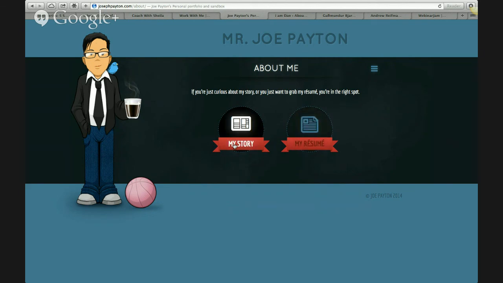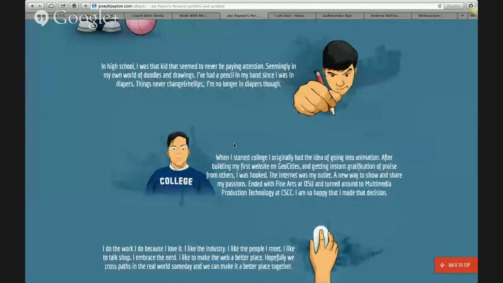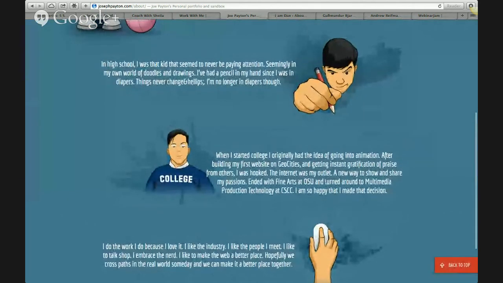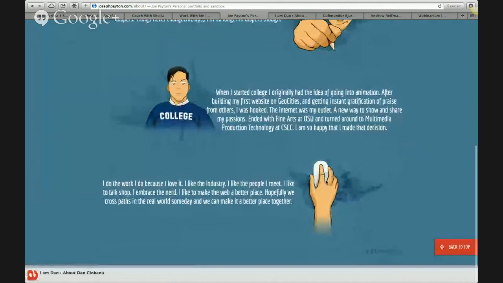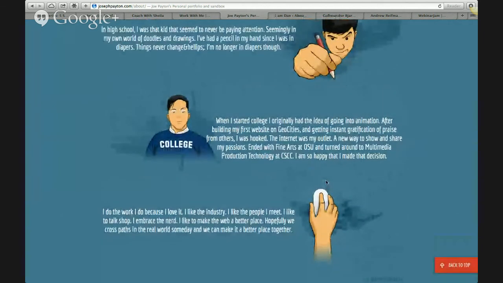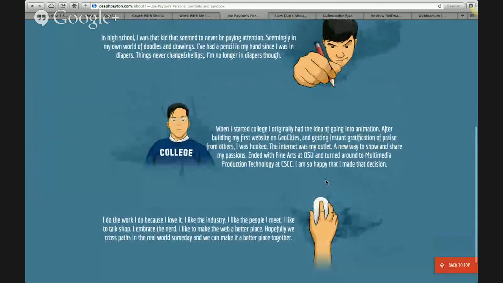You can find his story. If you click that, he actually has drawn out his story here. In high school, I was a kid that seemed to never be paying attention, seemingly in my own world of doodles and drawings. I've had a pencil in my hand since I was in diapers. Things never change. And ellipsis, whatever that means. I'm no longer in diapers, though. So this guy's got a great story, and he tells his story in three short paragraphs with these cool pictures